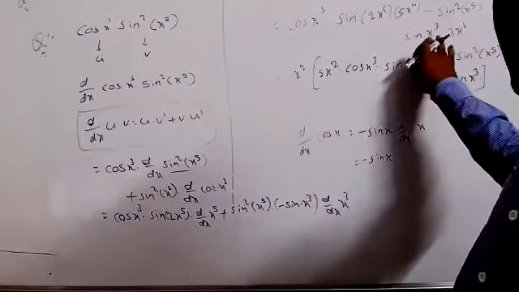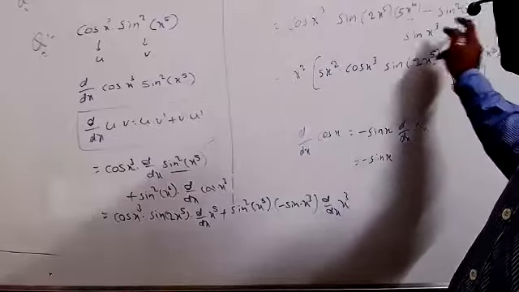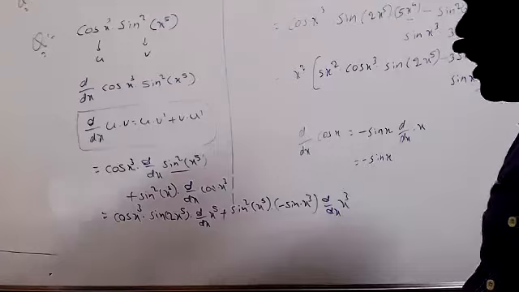You can write here. Next step. Now from these two terms, what is the common here? x square is the common. Just x square you can take common. The remaining terms right as it is here. That is the answer for that. Okay. Clear now?